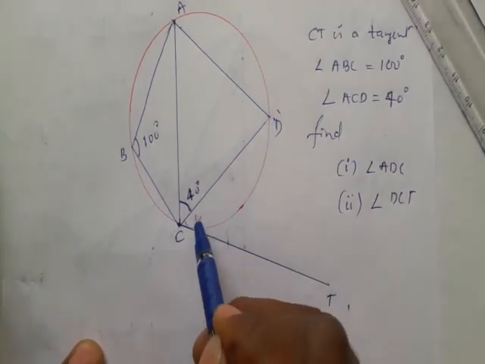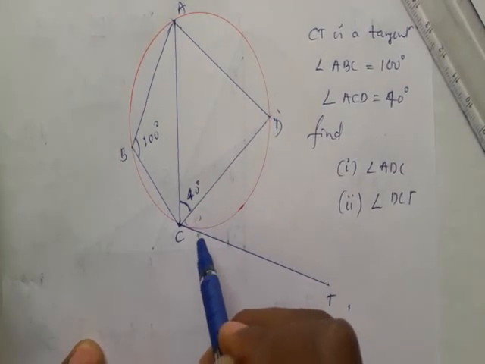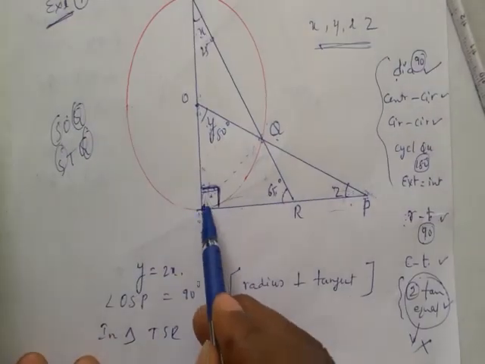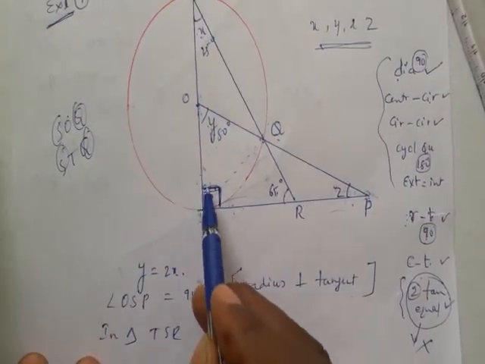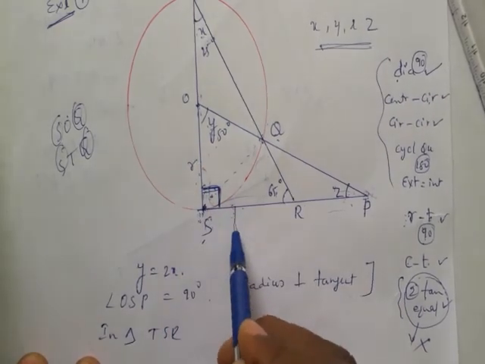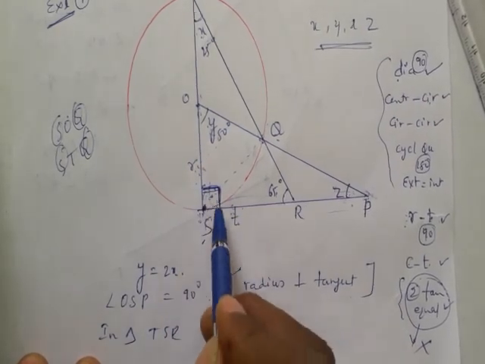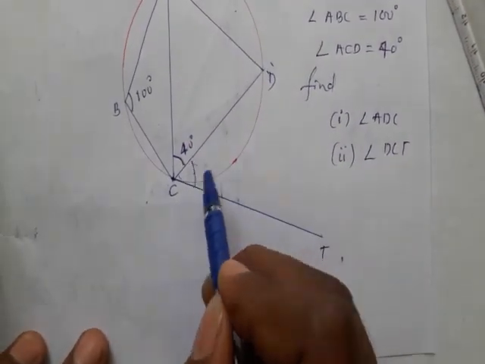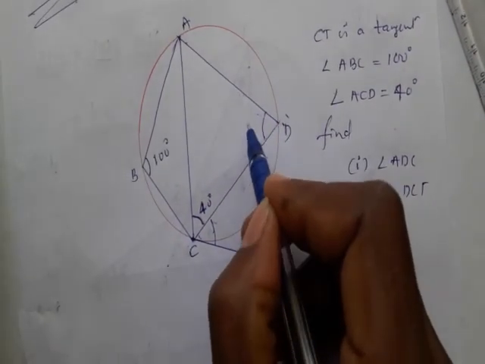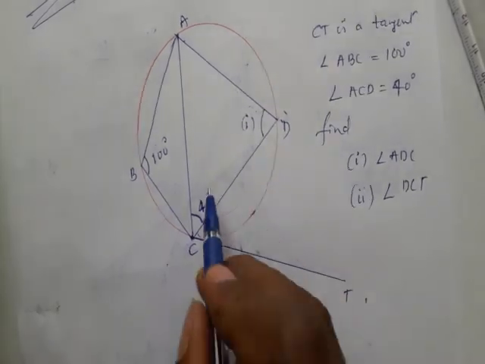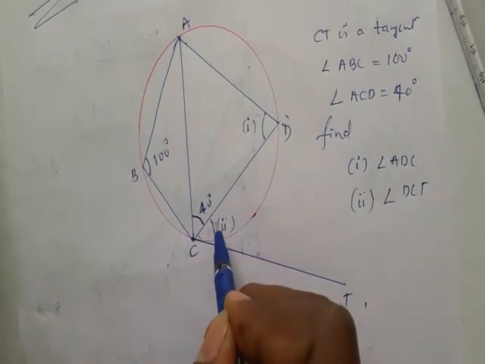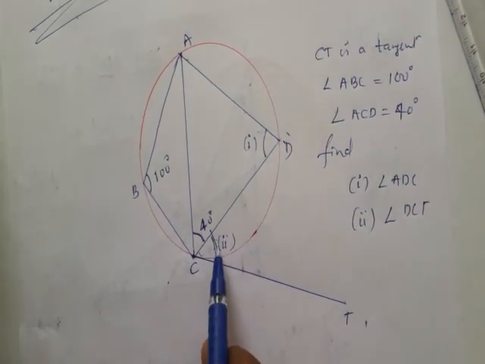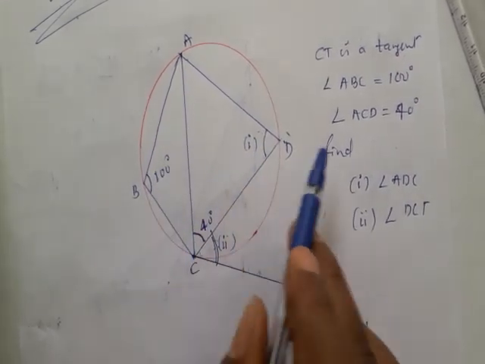First you think that this space is formed between what? In the first problem we thought that this space is formed between these two, that means this is radius, this is tangent, so the angle between radius and tangent is 90 degree. But here this is the angle they are asking. First note down ADC as the first sub question, and this is the second sub question. To find this angle, the cyclic quadrilateral will help you.